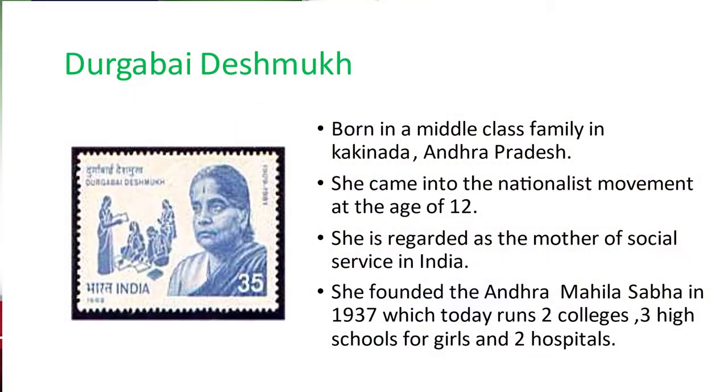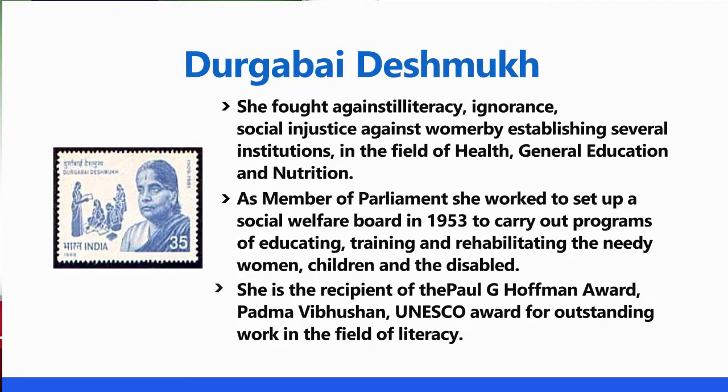Another very important reformer was Durgabai Deshmukh, and she was born in a middle class family in Kakinada in Andhra Pradesh. In fact, she became involved with the national movement at the age of 12, and she founded the Andhra Mahila Sabha in 1937, and even today it has many colleges, schools and hospitals. She fought against illiteracy and social injustice, and as a member of parliament she set up various social welfare boards, and by 1953 many of these units continued to work trying to rehabilitate needy women, children and